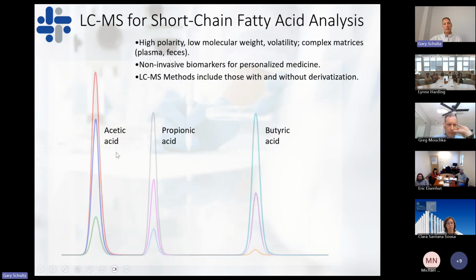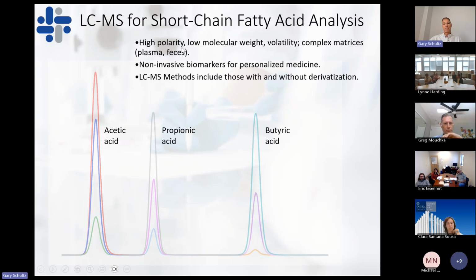For the separation of these short-chain fatty acids by LC-MS, an example is shown here, where the acetic acid peak elutes first, then propionic acid second, and butyric acid third. There are 3 peaks here. The top chromatogram is used for quantifying each of these components, where the other 2 chromatograms from this triple quadrupole measurement are used as qualifier ions to confirm that there are no co-eluting interferences within each of these unique signals for each of these 3 analytes.